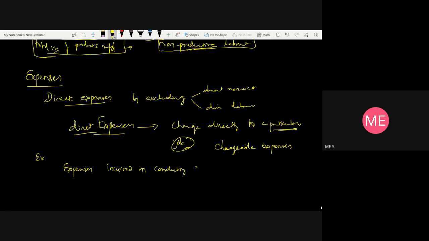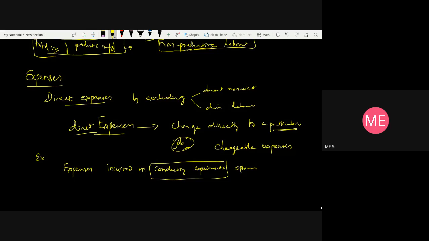As we told in the estimation, we need to conduct experiments to arrive at the best and lowest cost of manufacturing a particular product. So in order to arrive at the best optimum solution, we have to undergo the conduction of experiments. These are called chargeable